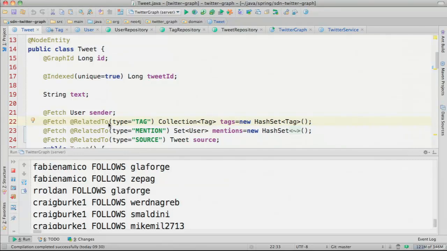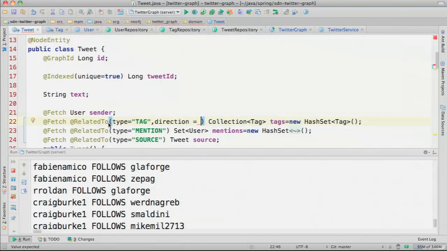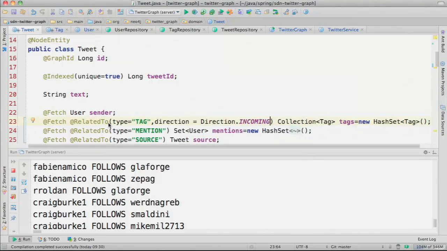used for other things, like, for instance, specifying the direction. So if I had a relationship that would not point from the tweet somewhere else, but would be incoming to the tweet, for instance, a relationship that other tweets point to this tweet, then I could specify something like direction incoming for this relationship.